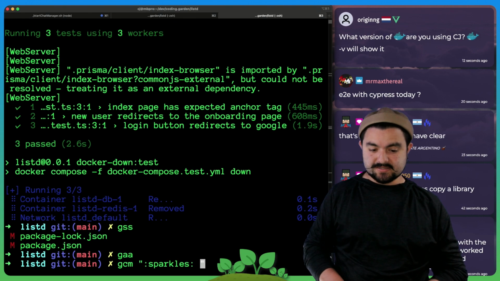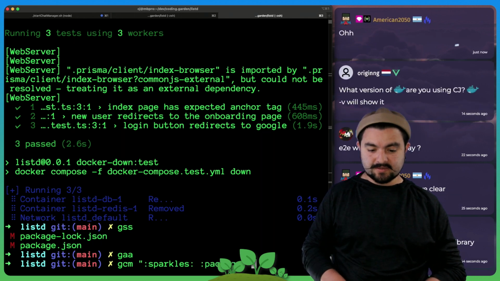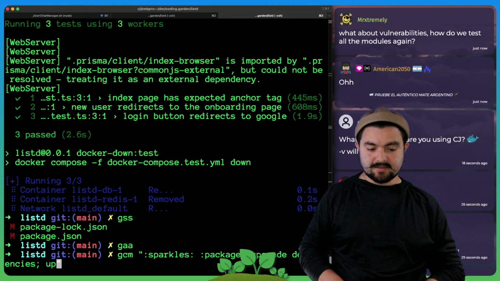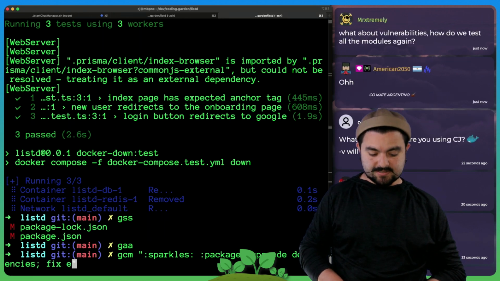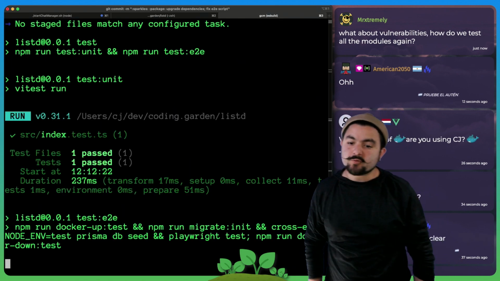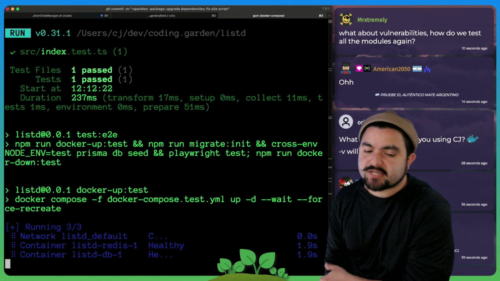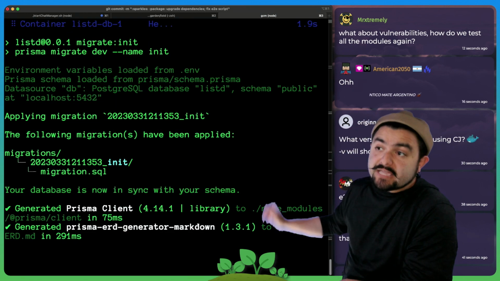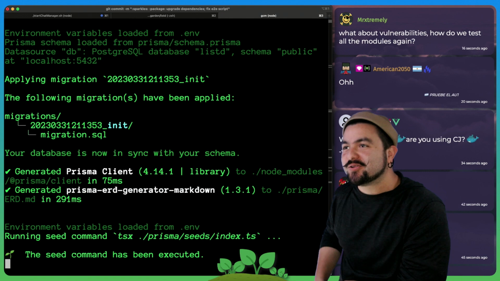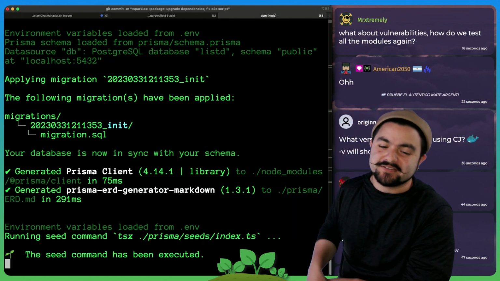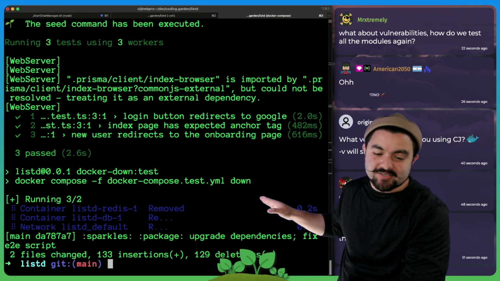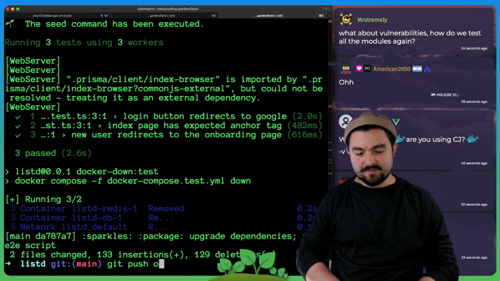So we updated dependencies. And fix E2E script. What about vulnerabilities? That gets auto-checked whenever you do an npm install. And these are our pre-commit hooks running. So the pre-commit hooks are actually running all of those commands that I just ran manually: type check, lint, test. But it's good that we have those. Awesome. All right, I'm gonna push to main,